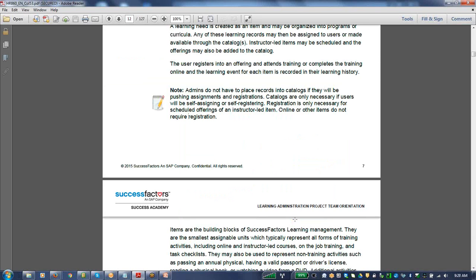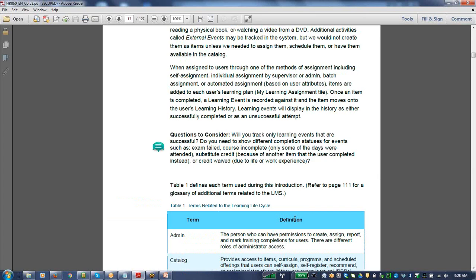Okay, so admins do not have to place the records into the catalog. They can assign it, but the catalogs are only necessary if the user will be assigning or self-registering into the system. Okay,